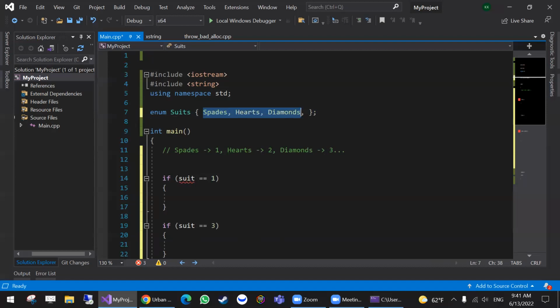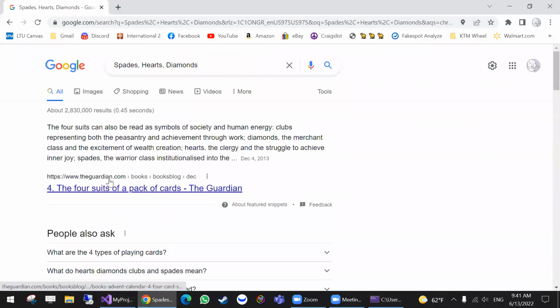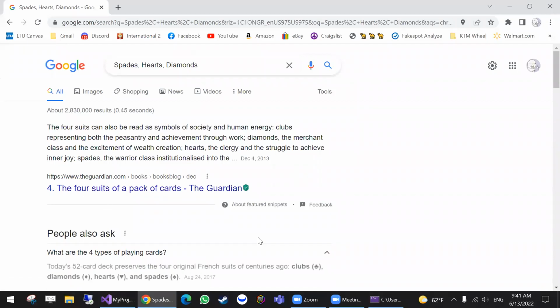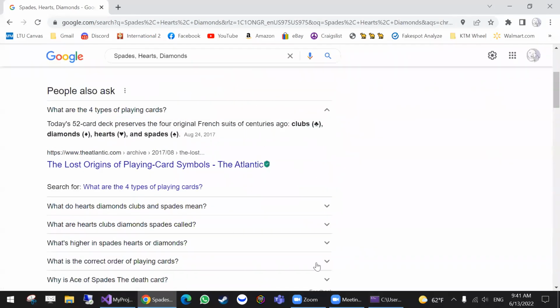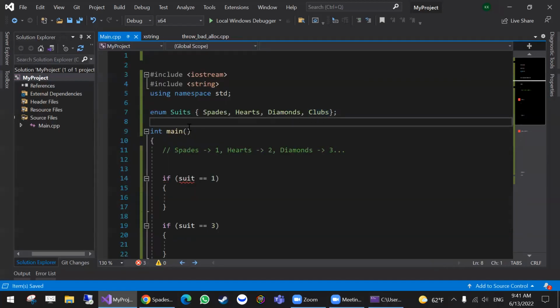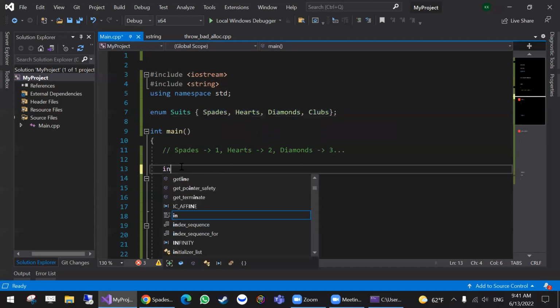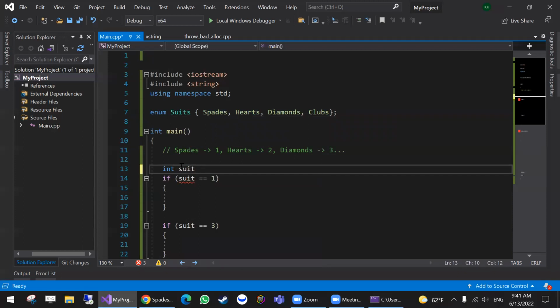I forgot, it's been a while since I played cards. What are the 4? Spades, hearts, diamonds, clubs. Yep. Clubs. So by default, this starts at 0, then increments. So 0, 1, 2, 3. It means if I have an int suit and I say it's equal to 3,